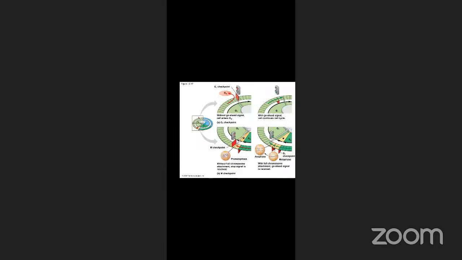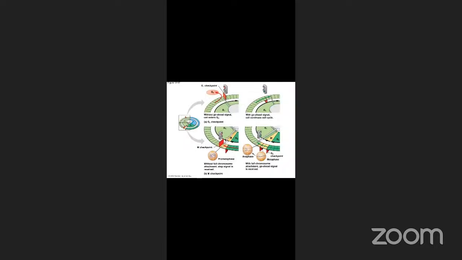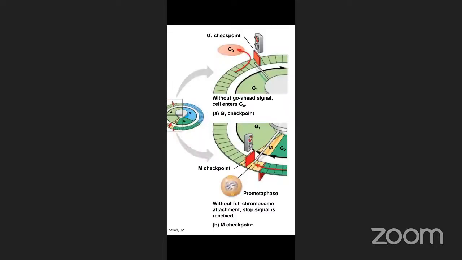So here you can see, this is the G1 checkpoint. So this is how it has to move. You have the red, this is just symbolic. So without full chromosome attachment, if there is no full attachment, then this is for M1, M2, G1. Okay. So then what happens in the first phase, this G1 has to go into the S phase, that is